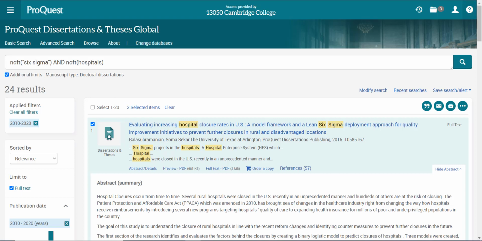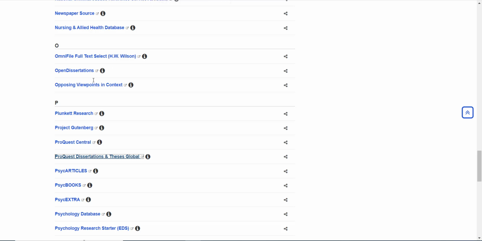The other database I want to show you briefly is one called Open Dissertations. Let me close this here. And Open Dissertations is right here. Now, Open Dissertations is a much smaller database. If you remember the numbers that I gave you on the ProQuest Dissertations and Theses database, about 5 million are indexed in it, about 2 million of those full text. Open Dissertations, by comparison, is about 100,000. But Open Dissertations is also, I think, a useful database to check out because